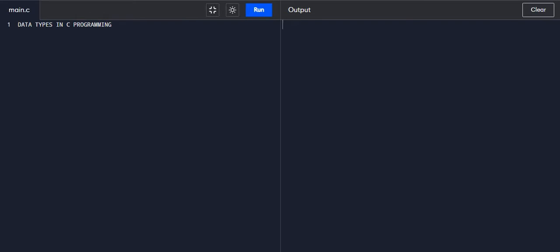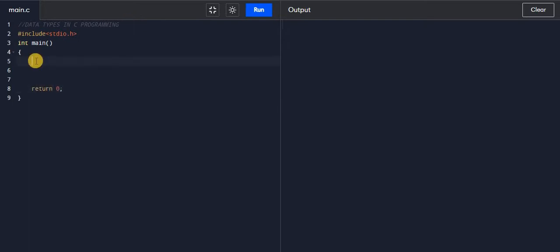In this video we are going to see how to define a data type and how the size of a data type is obtained through the sizeof keyword. The size of a basic data type may change according to a 32-bit or 64-bit operating system. First I will add a comment, then include the header file stdio.h, then the int main function, and the last line is return 0.